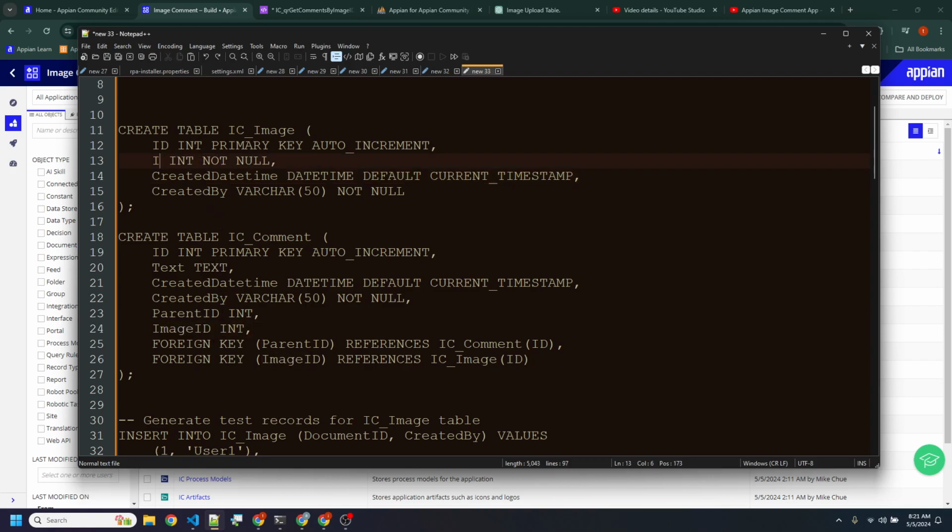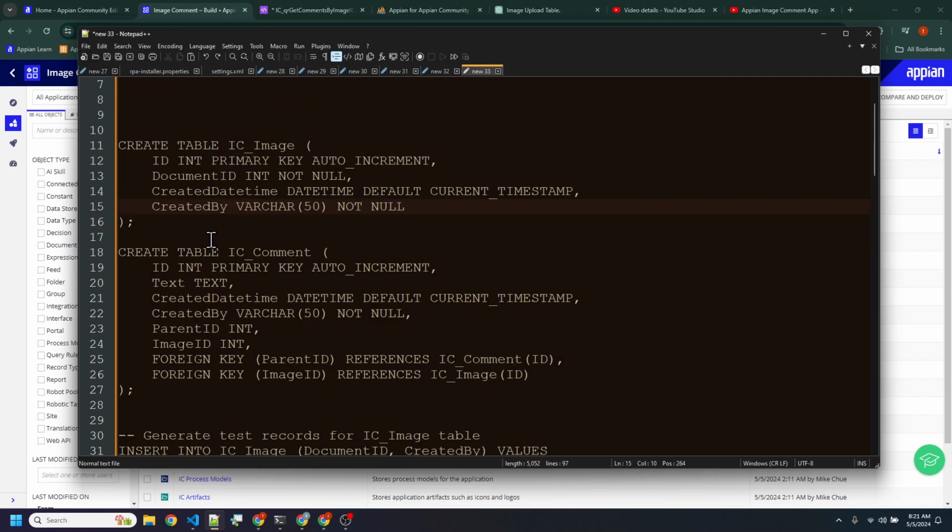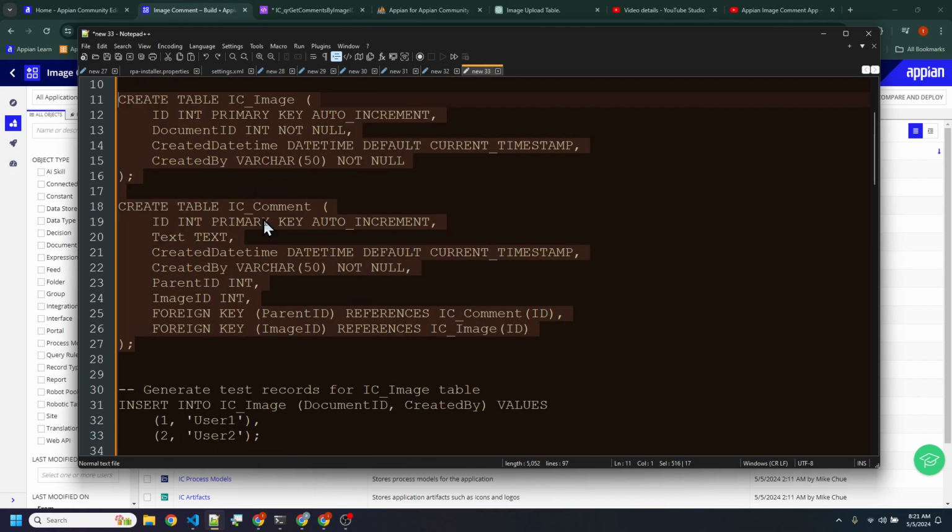So do not do that. Make sure the ID naming and column naming doesn't confuse you or the machine. That's very important when you design your database structure.